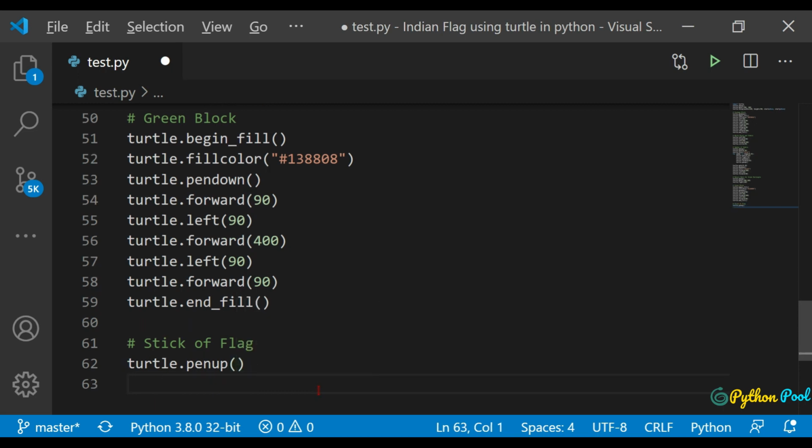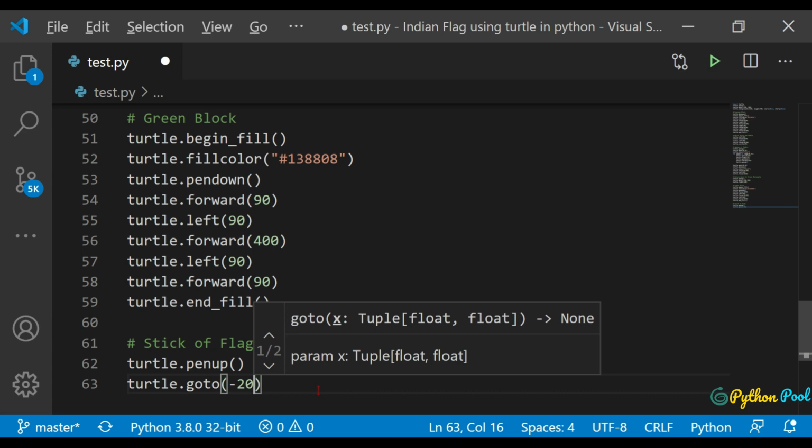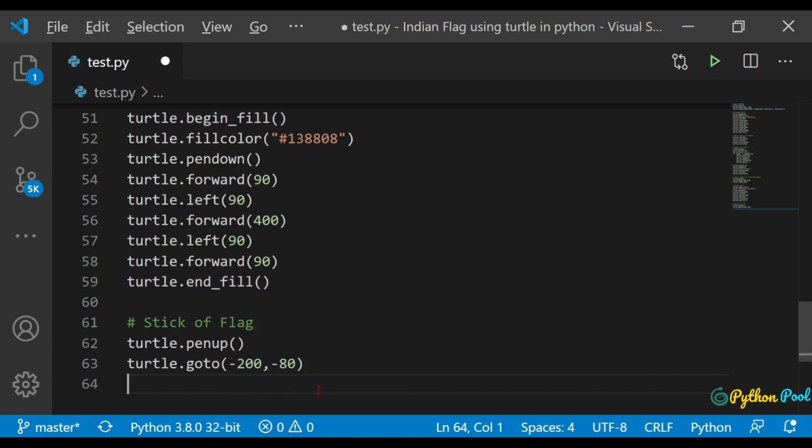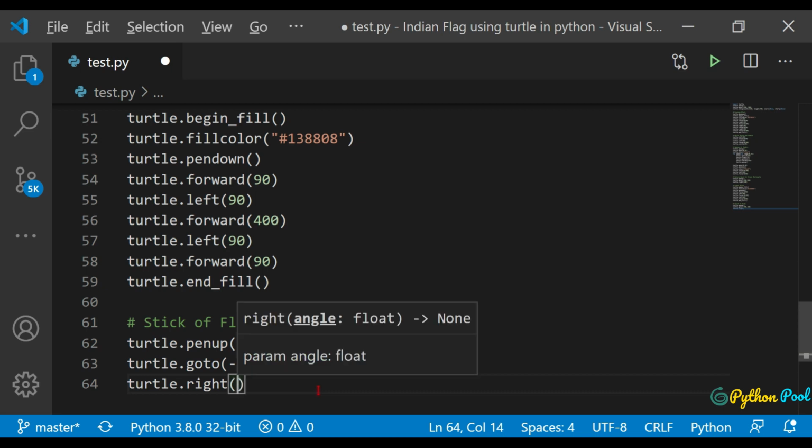and after penning up it should go to -200, -80. So turtle dot goto, that is -200, -80. Okay, and after that it should turn right 180 degrees. So turtle dot right, now it's in the downward direction.